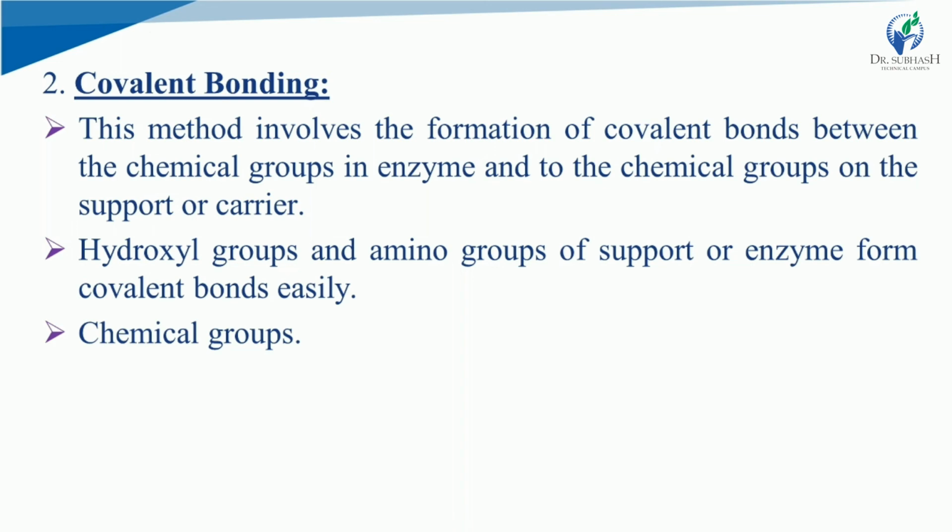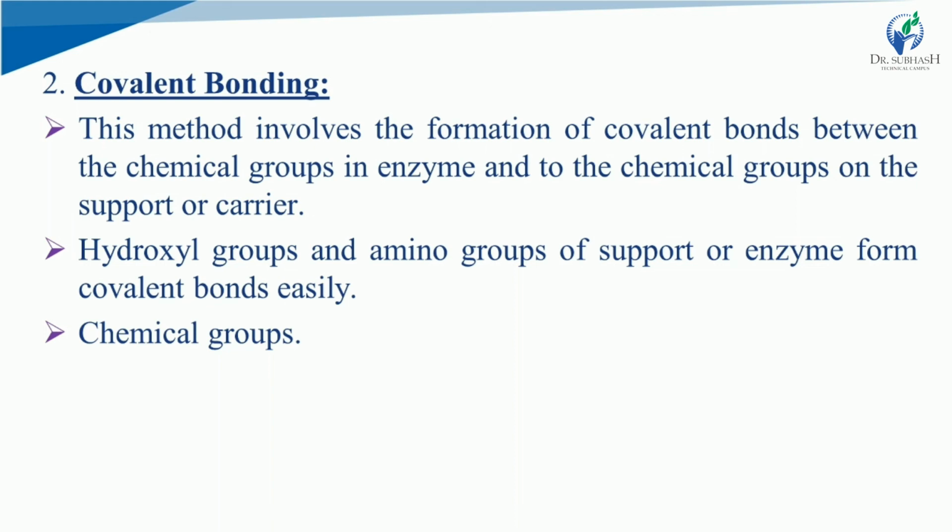And also there are a lot of chemical groups that can help in immobilization, like hydroxyl group, carboxyl group, thiol groups, methyl thiol group, etc. These can be really helpful in covalent bonding. And some of the functional groups of the enzyme also provide chemical groups to form covalent bonds, like alpha carboxyl group at the C terminal of the enzyme, alpha amino group, epsilon amino group of lysine and arginine in the enzyme, beta and gamma carboxyl group of aspartate and glutamate, phenol ring of tyrosine, thiol group of cysteine. You need to memorize some of the